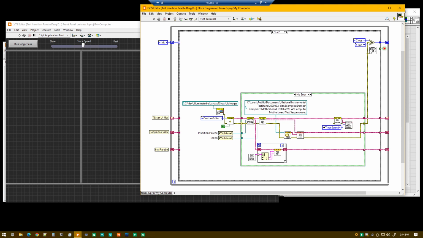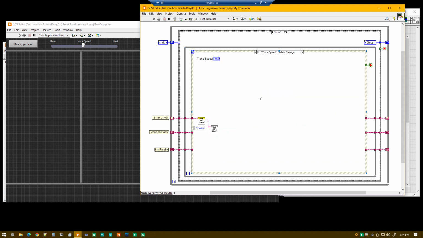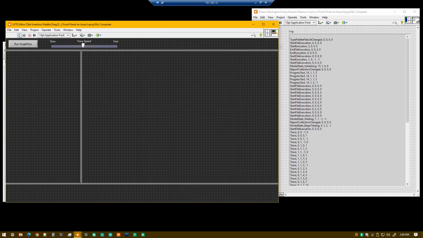And it's as simple as getting the engine instance, which I've got wrapped in a class, of course. This is the UI components for LabVIEW, so it's wrapped up under this UI manager, and we're initializing it here, and anytime the trace speed changes, we're updating the trace delay again. So this is in milliseconds. So if we run this,